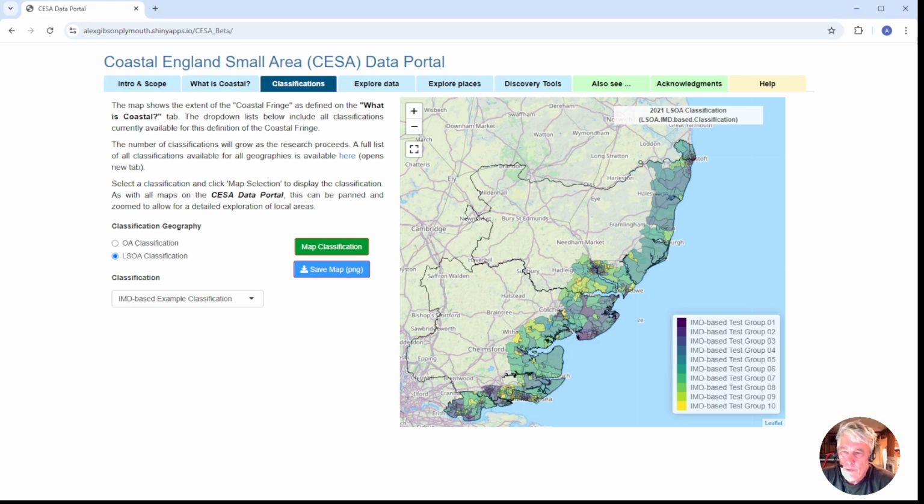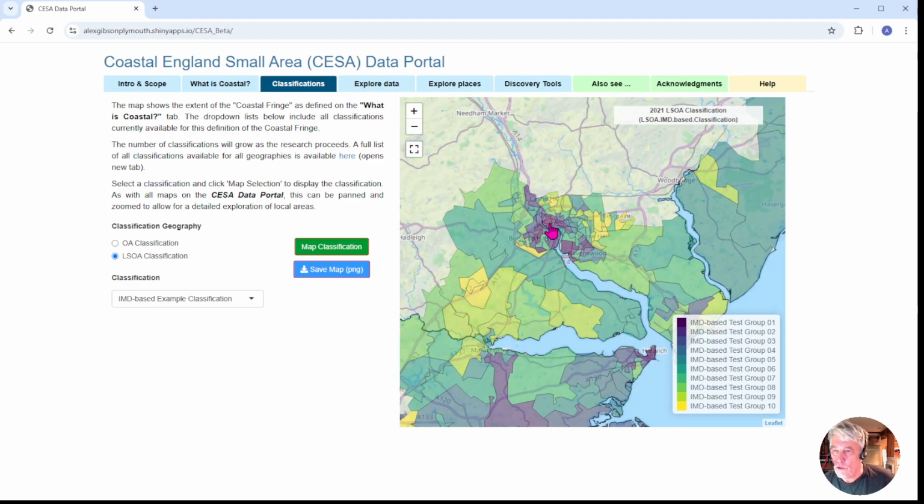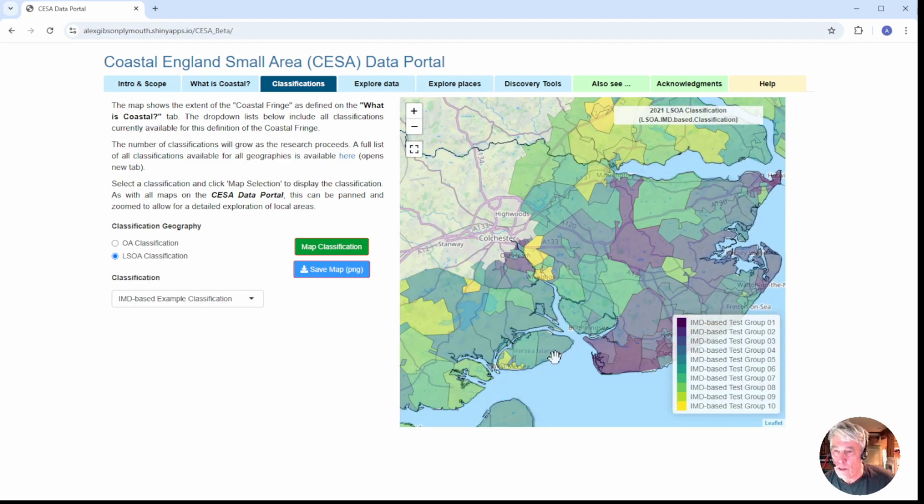And here we come to the Classifications tab on the CESA portal, where we look to cartographically display the classifications that the project team will be developing as time goes on. In this case we're looking at the Suffolk, Essex, Southend and Thurrock part of the country, and with all these maps you can zoom in on the areas in which you're interested or pan to different parts of the country